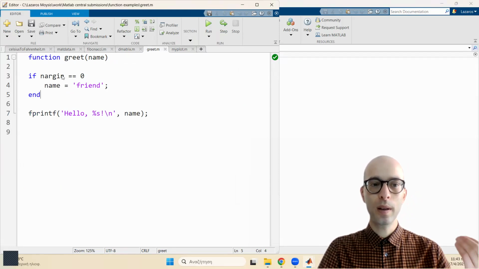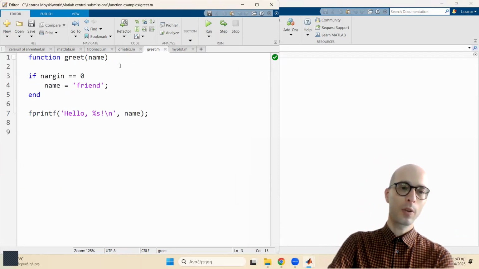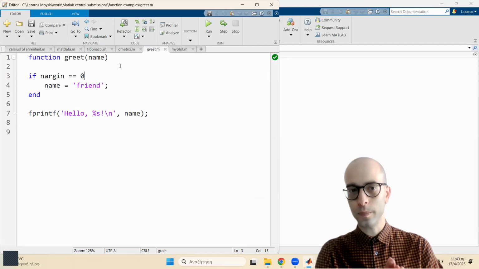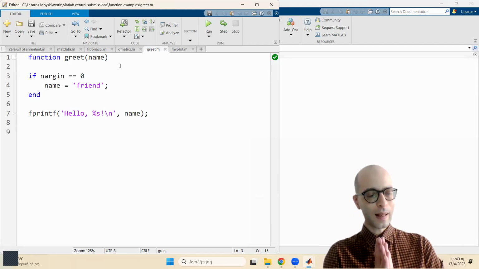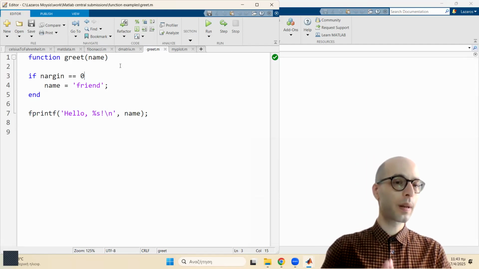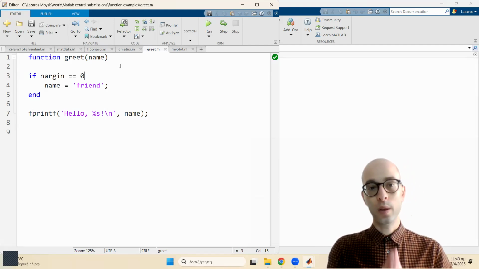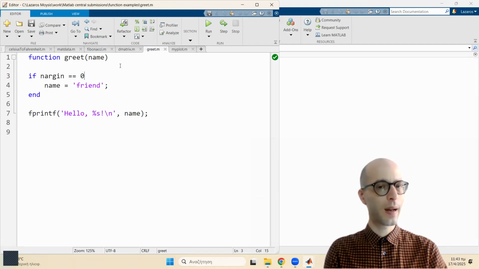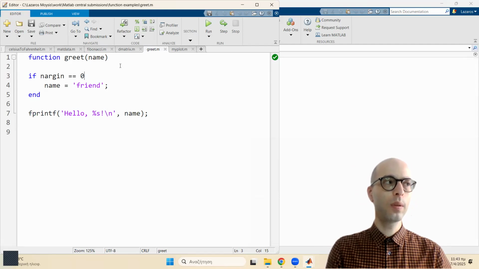I simply check if nargin is 0. So nargin is basically the number of arguments in the input. So MATLAB gives us the option to have different commands based on the number of arguments that the user gives us in the input. And this is the way MATLAB functions work, because as you know, if you remember,